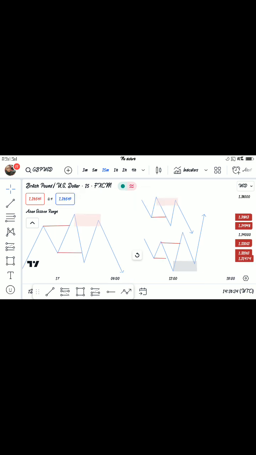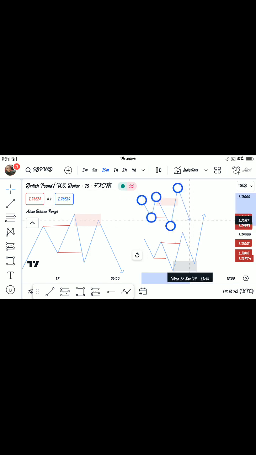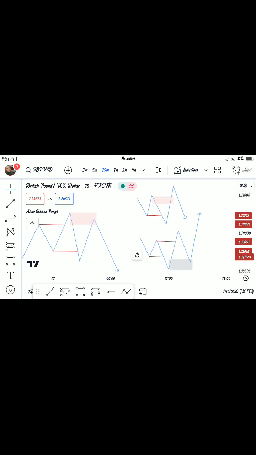But since there is a violation, it simply means it doesn't really work every time, so you just have to be very careful. It simply means this supply has been violated, meaning this demand zone is actually a strong zone to buy from. So I will show you a live chart,